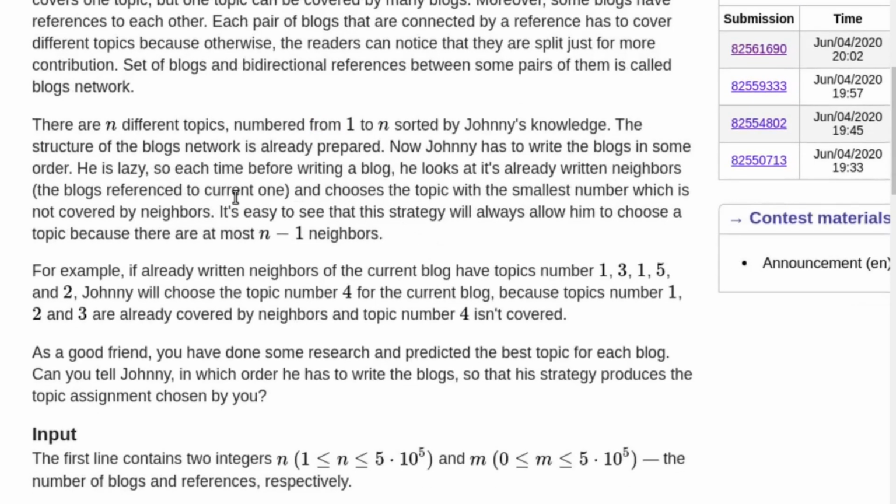he writes the blogs in this manner. So before writing a blog, suppose that he is writing some second, third blog, he'll look at all its neighbors, that is all its reference blogs, and choose the topic with the smallest number which is not covered by the blogs. So suppose that